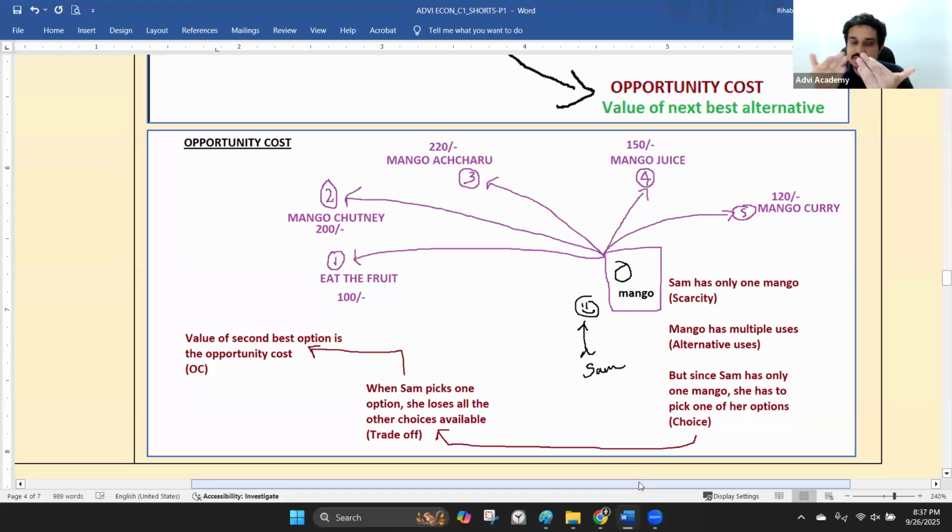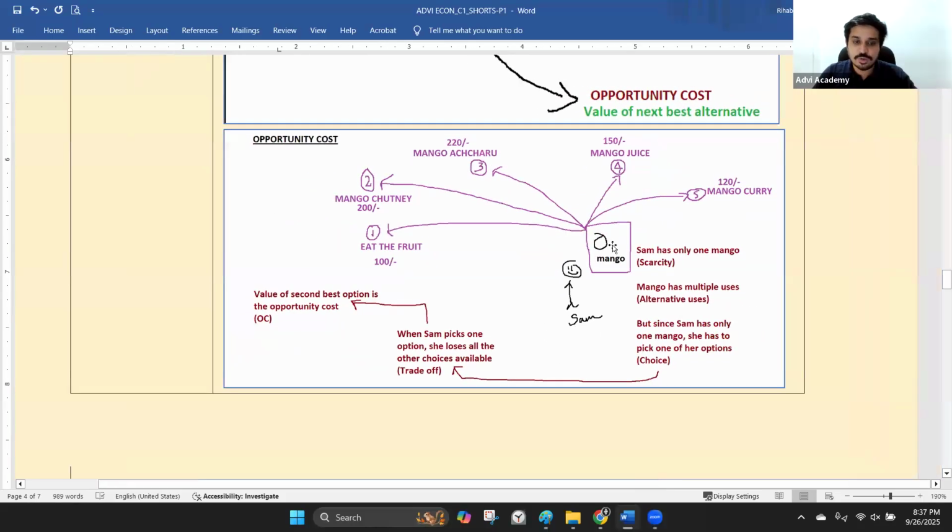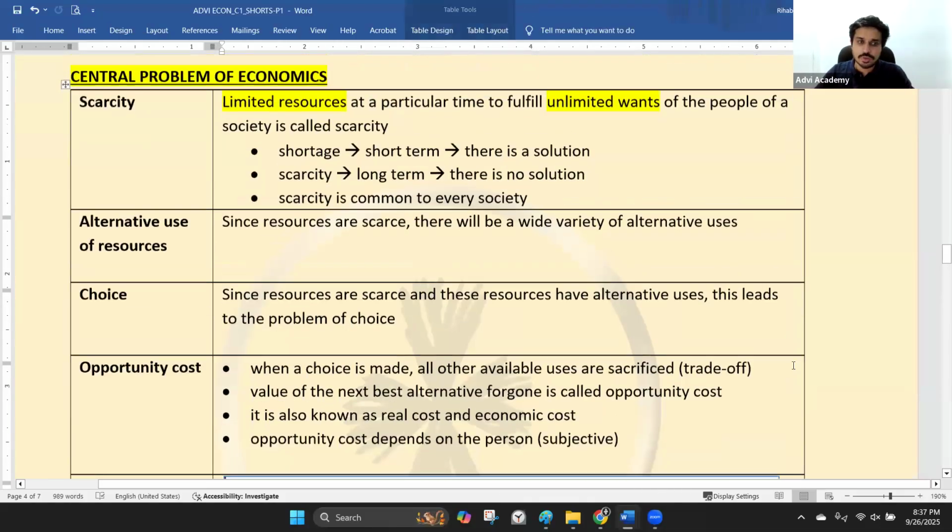Again, opportunity cost is not always financial. Now, here we have put it as financial. But sometimes opportunity cost is also about time. And time cannot be measured in money, in the form of absolute values, right? So you have to take that into consideration as well. So this is that part that is okay.